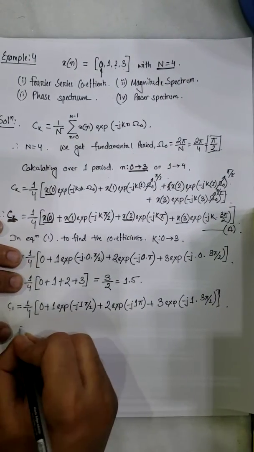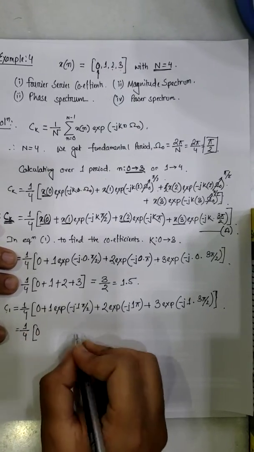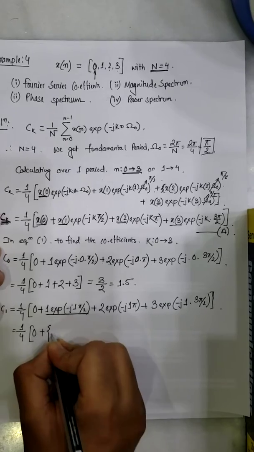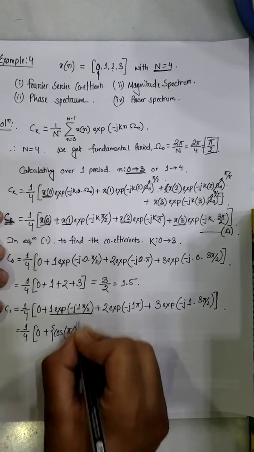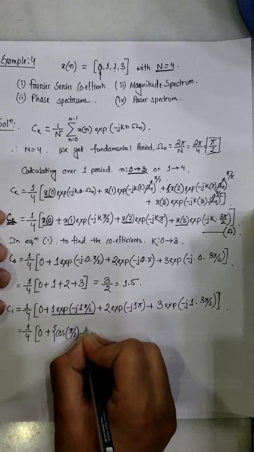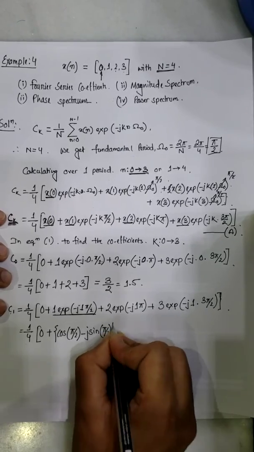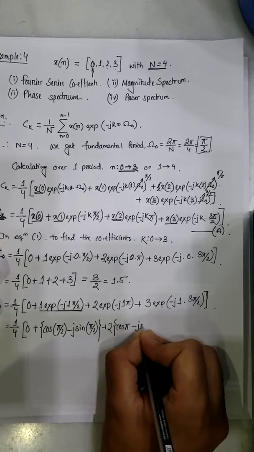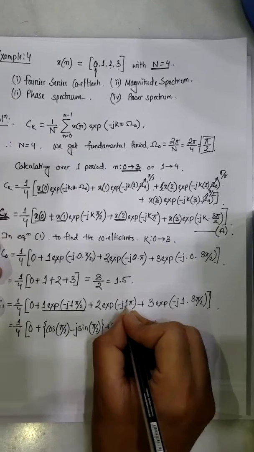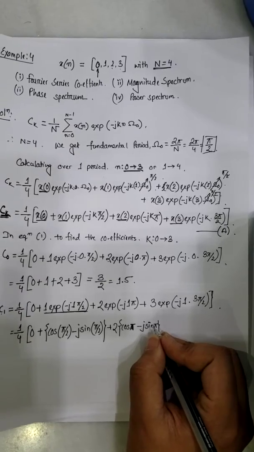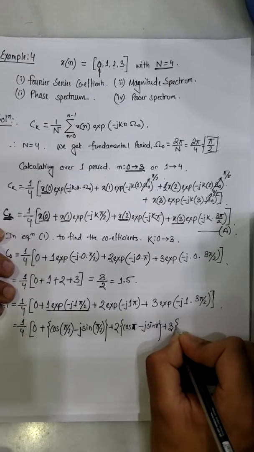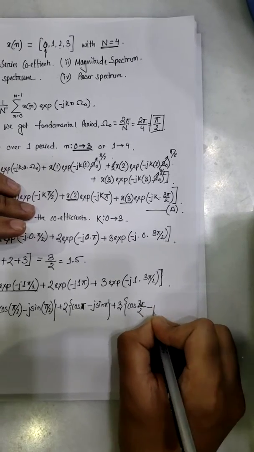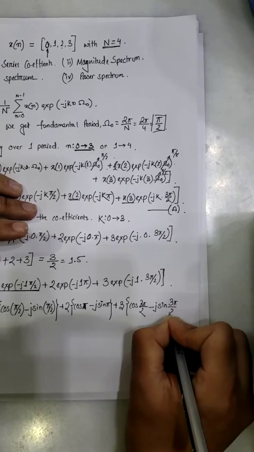Now, this expression can be written as 1 over 4, 0 remains as it is. This term can be expanded using Euler's relation to be something like this: 1 times cos of pi by 2 minus j sine of pi by 2. Similarly, for this term we get 2 times cos of pi minus j sine of pi. Of course, 1 times pi is pi, so the angle is pi. And for the third term, 3 times cos of thrice pi by 2 minus j sine of thrice pi by 2,